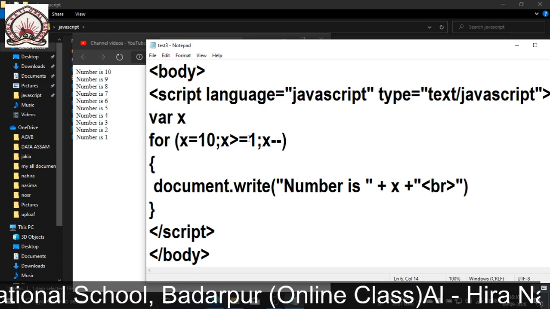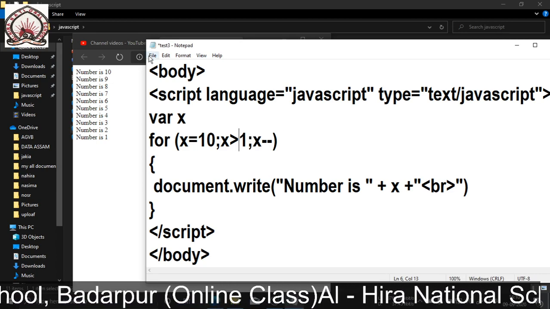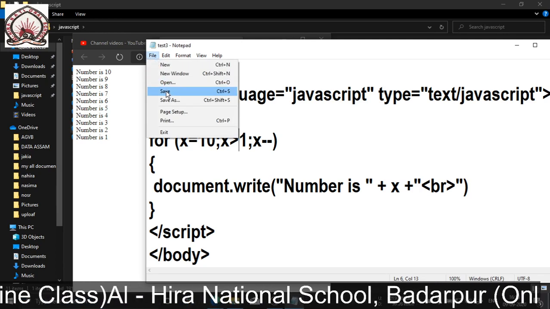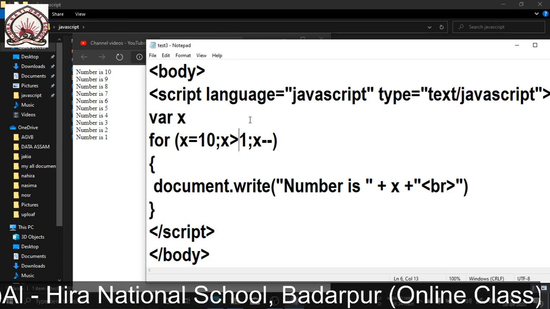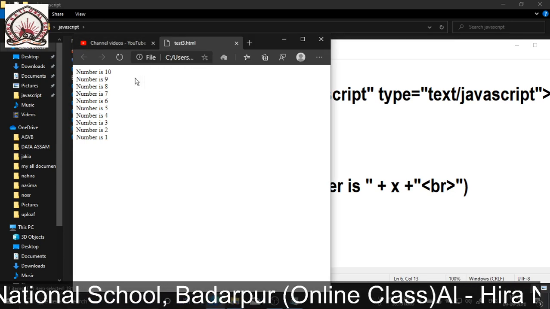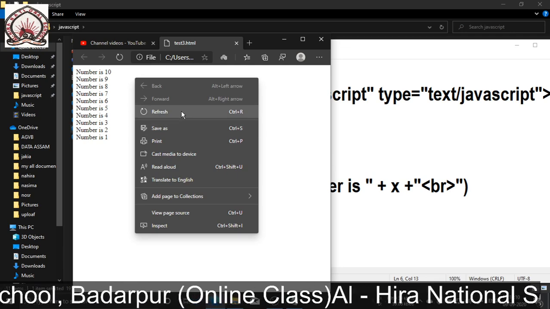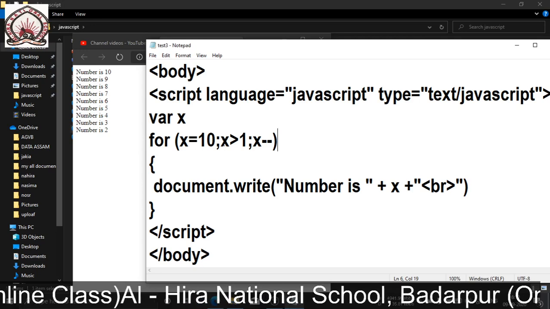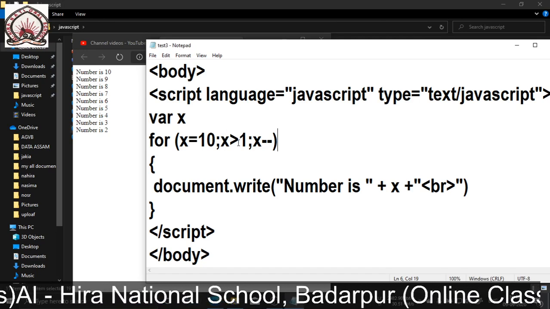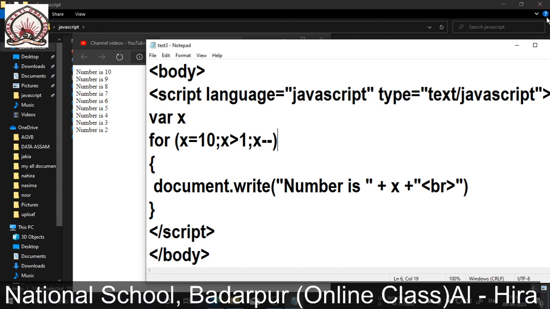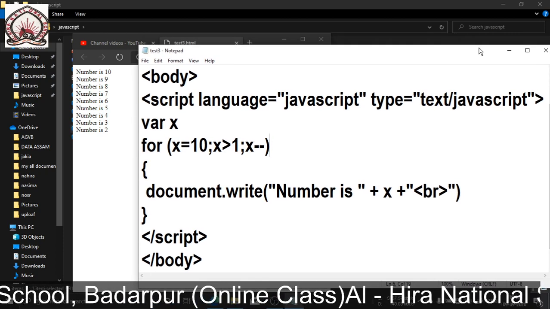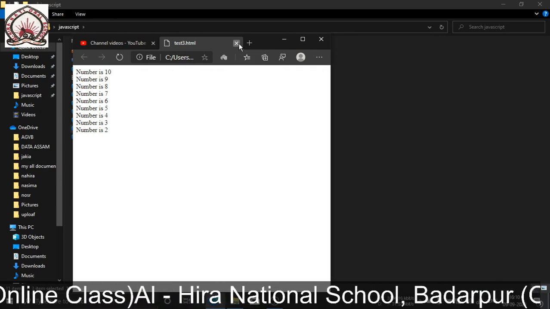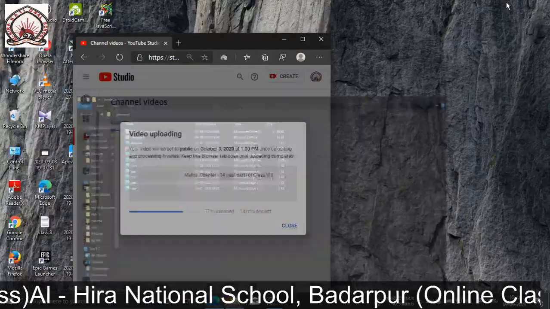Now if I remove the equal to from here, it will show values up to what? Up to 2. Let me refresh it. See, it is showing values up to 2. Why? Because when 1 comes, 1 is not greater than 1. So it is shown up to 2. Hope you have understood, and once the school reopens, you will also do it yourself practically so that it becomes more clear. So today I have shown you a demonstration